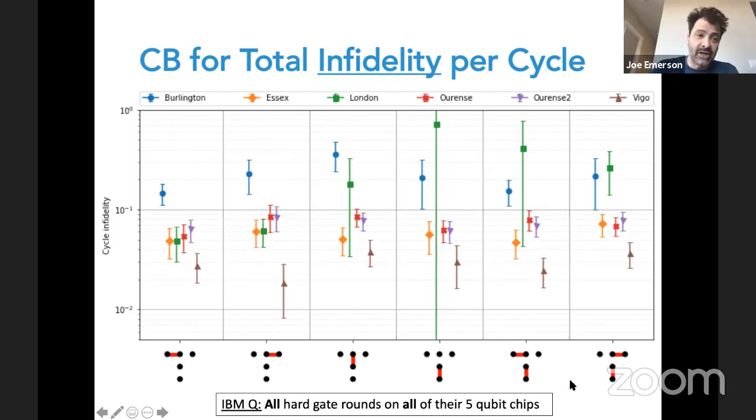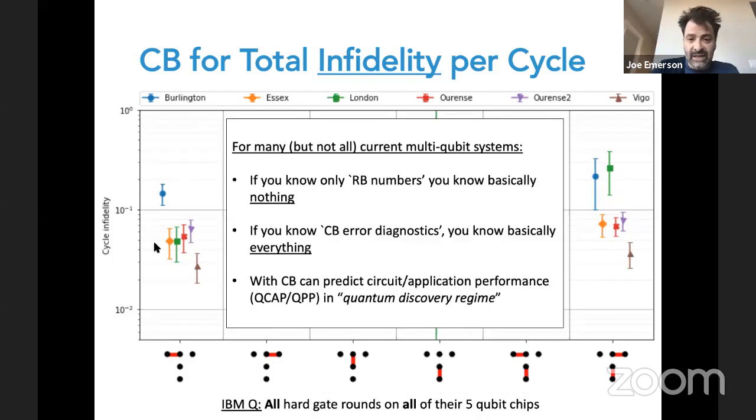This is actually an exhaustive set of all 2-qubit gates and gate combinations you can apply on these 5-qubit chips: Burlington, Essex, London. We did it twice on Ourense and Vigo. And what you see is just very different error profiles in the aggregate error for each of these gate combinations. What this allows us to do